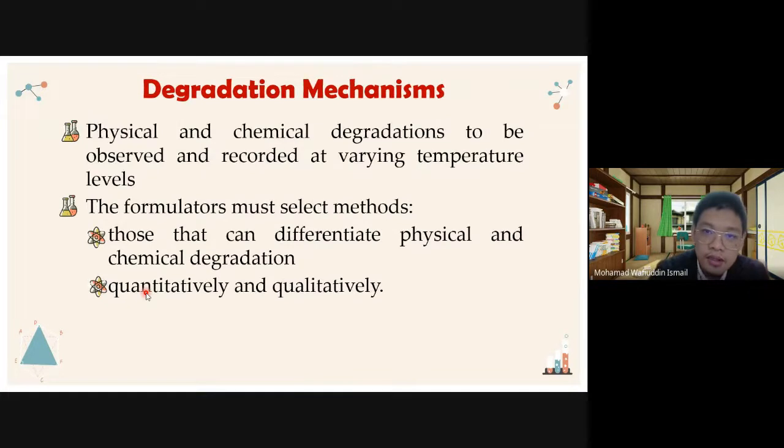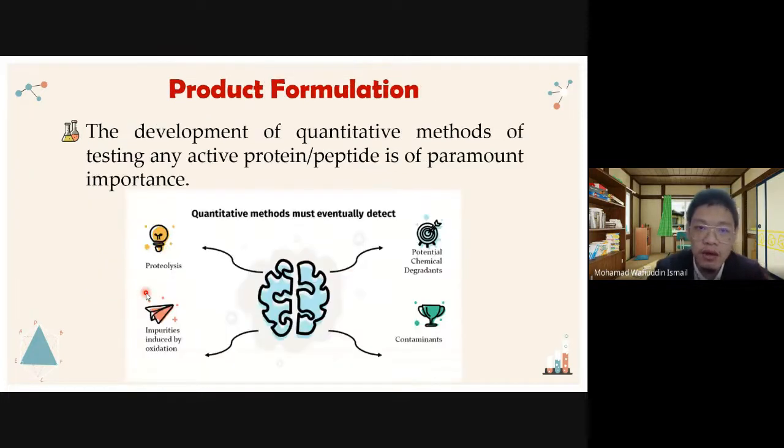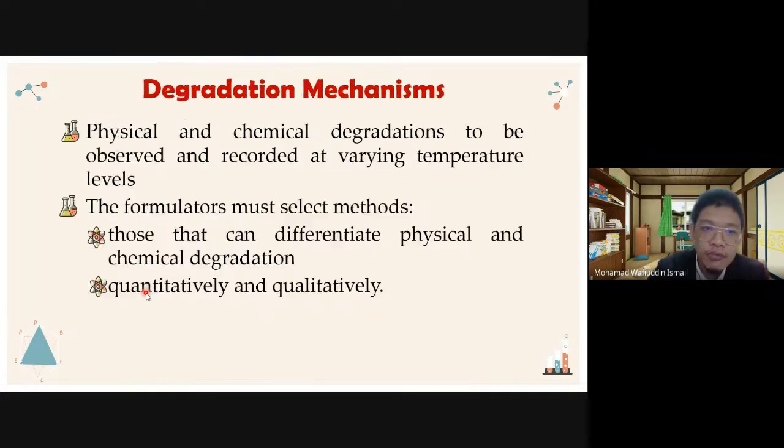Degradation mechanism. Physical and chemical degradation are to be observed and recorded at varying temperature levels. The formulation must select methods that can differentiate physical and chemical degradation quantitatively and qualitatively. So after all the product has been formulated, we must look at the physical and chemical degradation of our formulation, to ensure the whole system. So at the end, we know the shelf life